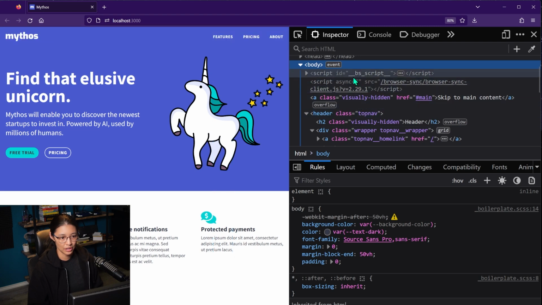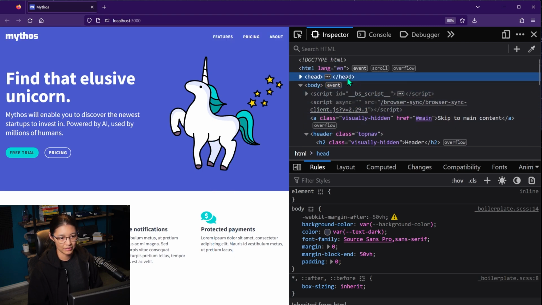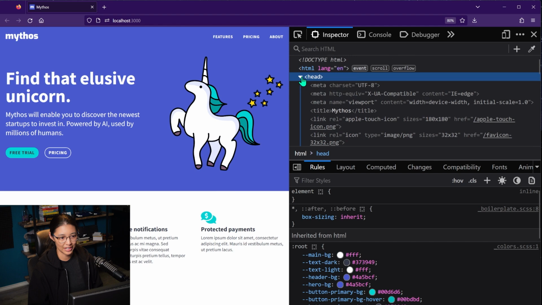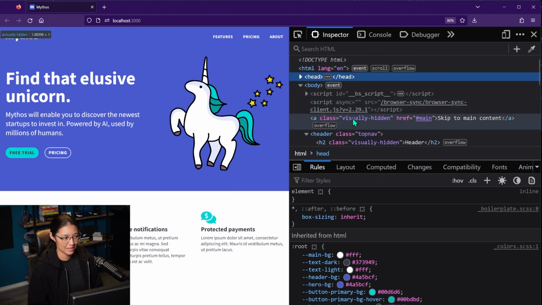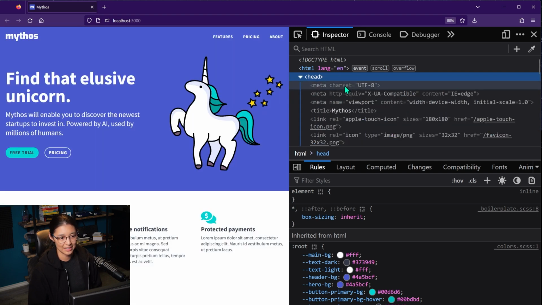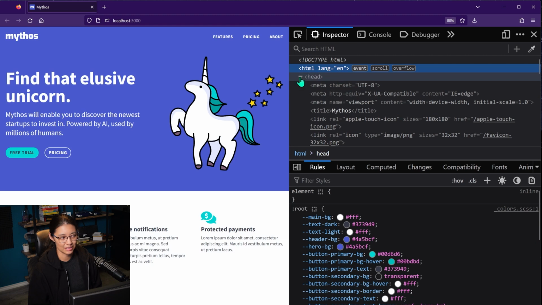Now, most of the tags are with these different colors. However, there are other tags, and they are kind of in this sort of gray color. And what that means is that these tags are not for elements that are visually on the page. So they might be hidden with different things like display none, or they might just be tags that don't show anything, like these script tags. And also the head tag is in gray as well.